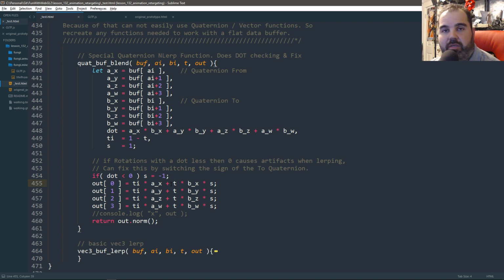So during the actual lerping, I negate the second quaternion in real time. Instead of negating it and then applying it to the equation, the negating happens in the actual lerping function, the actual lerping equation. So like I said, I just streamlined the process. So this way I don't need to use slerp for